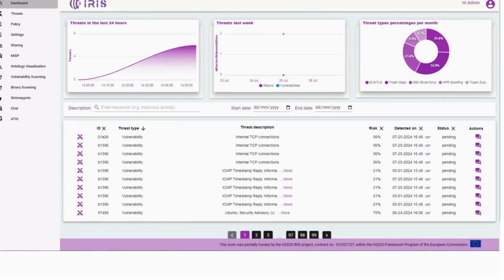Hello! This video aims to present to you the user interface of the IRIS platform. The IRIS-Enhanced MeliCERTes ecosystem, or in other words, IRIS-EME, extends MeliCERTes version 2 open source platform, incorporating IRIS developments in a unified dashboard, enabling secure and sufficient cyber threat information representation in standardized format, that is STIX version 2.1 and